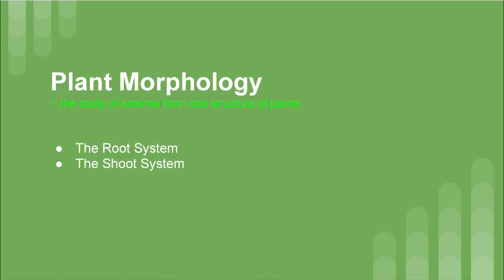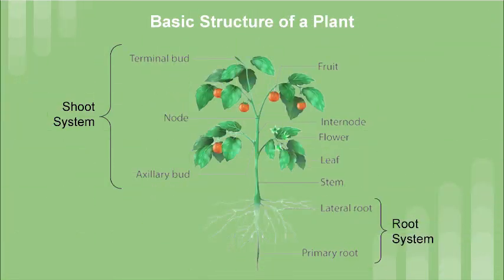As you have studied in previous classes, the flowering plants have two major systems, the root system and the shoot system. In this picture, you can observe both the systems clearly. First one is the root system. This is the part of the plant which moves down below the soil in search of water and originates from the radicle. That is known as the root system.